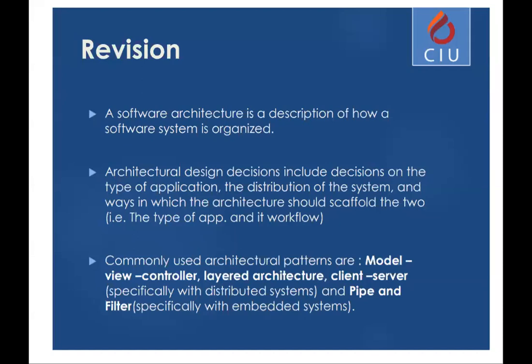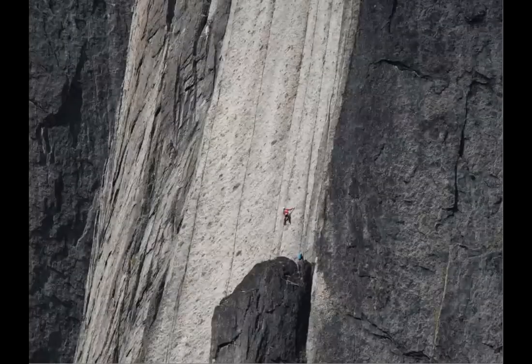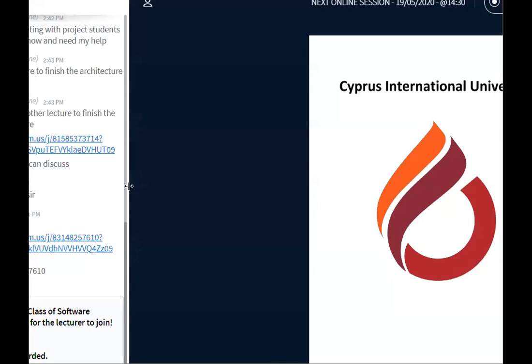We mentioned MVC. Layered architecture, you use this one in object-oriented programming class. Client server, particularly for distributed systems, something I think Devri Moja covered in his network course. And finally, we discussed a little bit about pipe and filter, which are the embedded systems. So by completing this slide, I finished everything